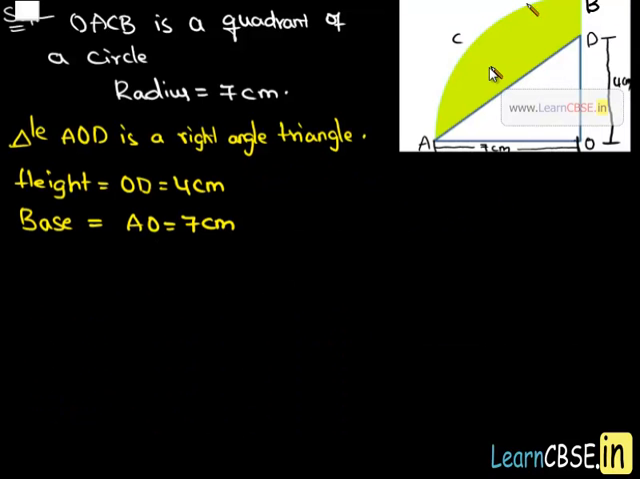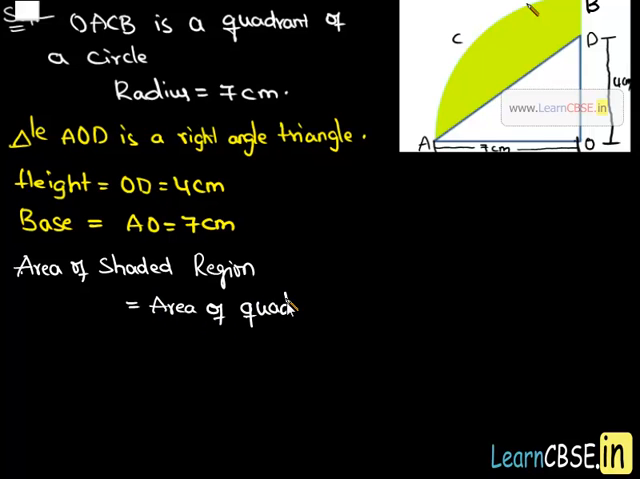If you look at the figure, the shaded region is not in a definite shape, so we cannot find its area directly. To find its area, we have to take away the area of the right angle triangle from the quadrant of a circle. Let's do that. Area of shaded region is equal to area of quadrant of a circle minus area of right angle triangle,